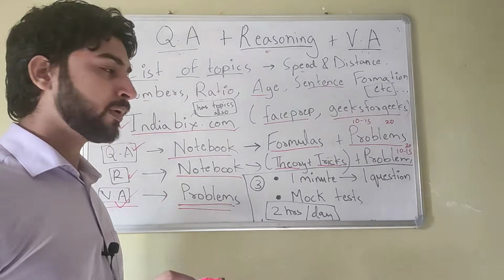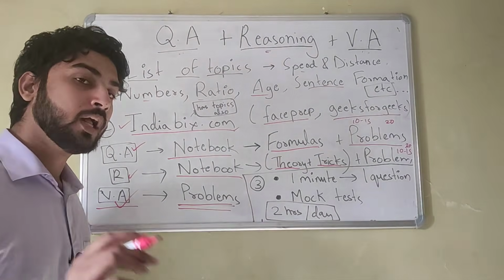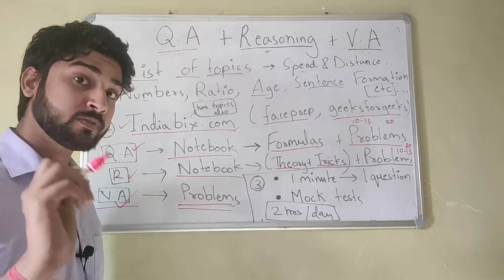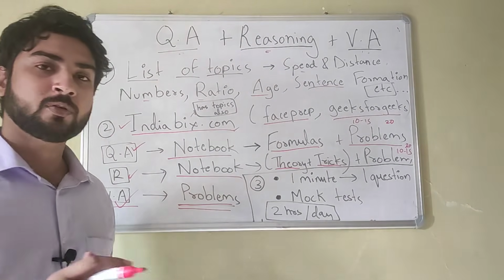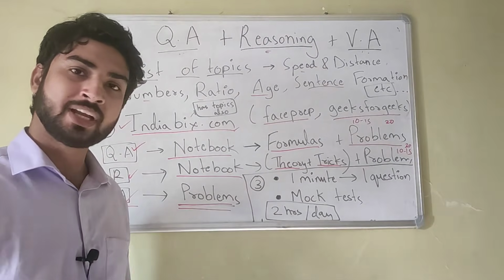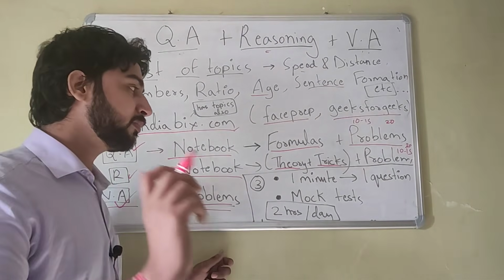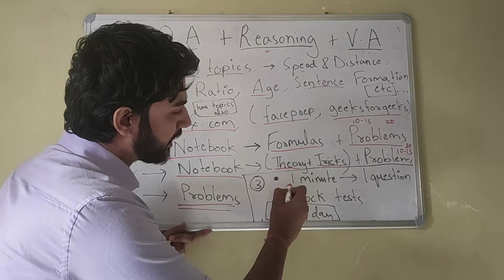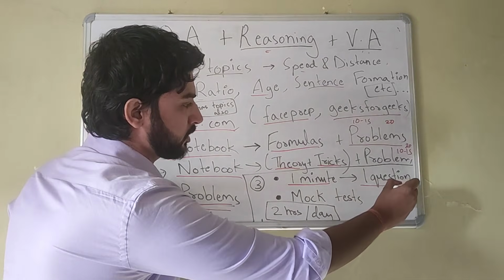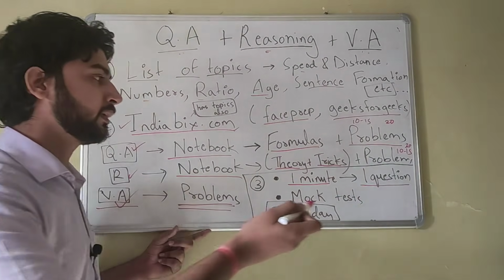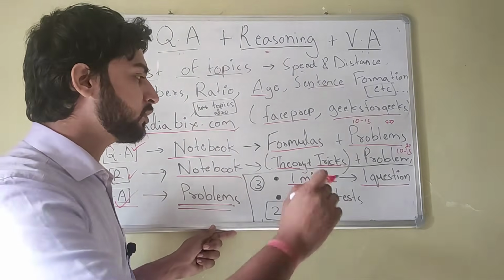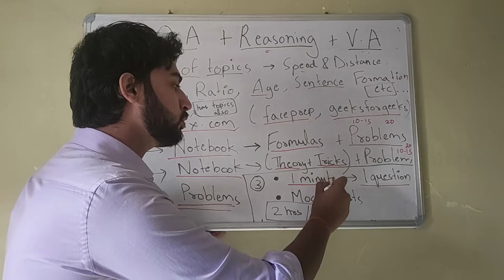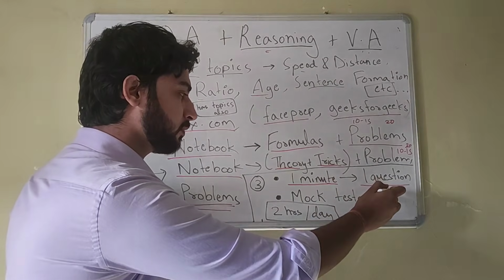Now, how will you practice? Whenever you're practicing, remember to put a time constraint. This is very, very important. Put a time constraint whenever you're practicing, okay? If you're taking 1 hour on one question, it's of no use, right? So make sure that you take 1 minute per question. This is the general trend. It can be 2 minutes per question also. But whenever you practice, make sure you have a time limit and try to solve 1 question in 1 minute,